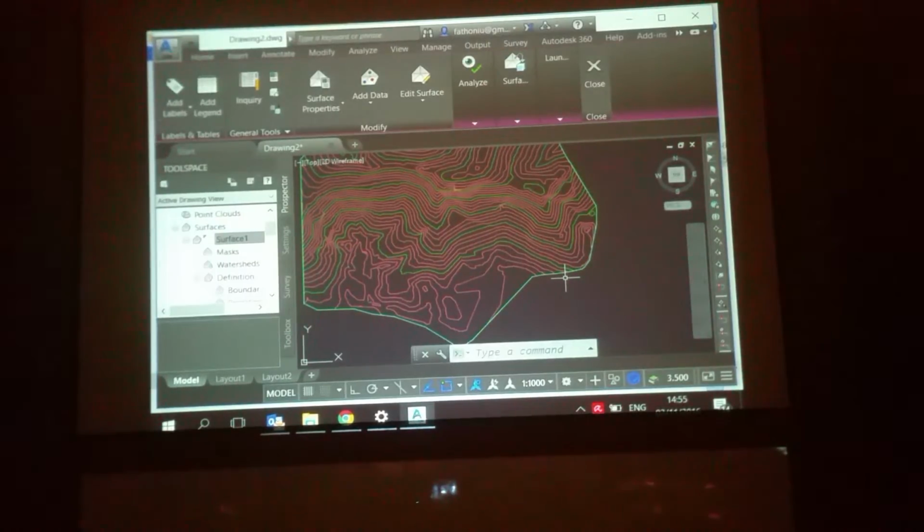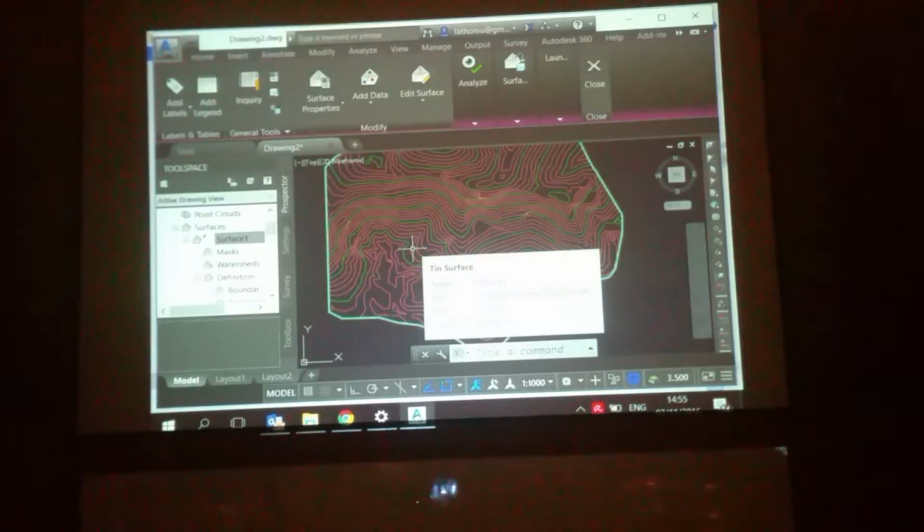What is the effect when you have a square platform and then your area is in hilly terrain, something like this? So then the cut and fill will be very excessive, right?